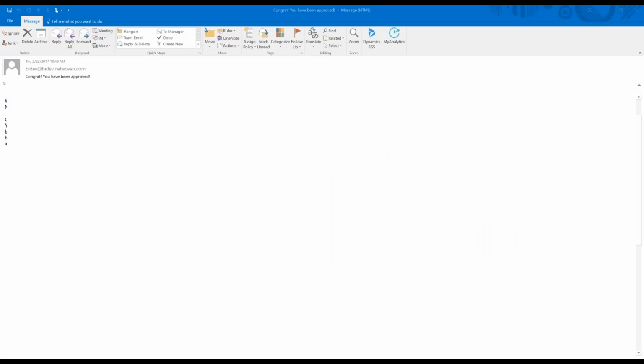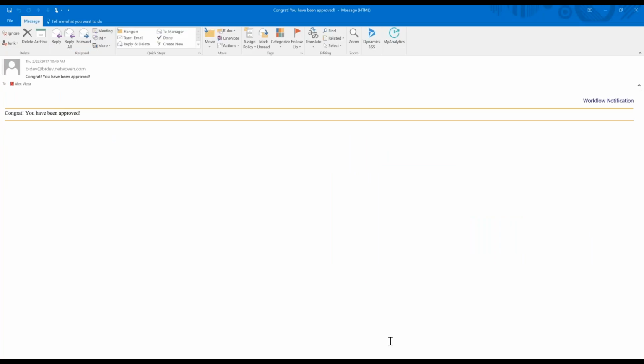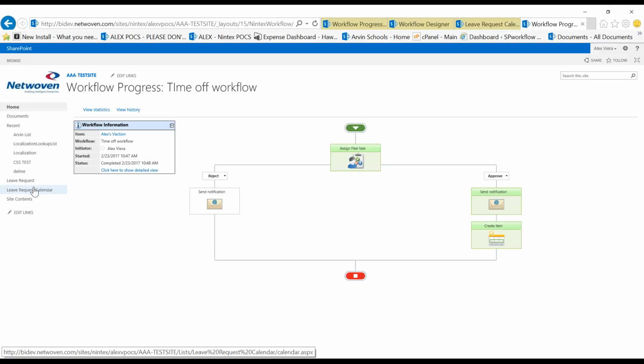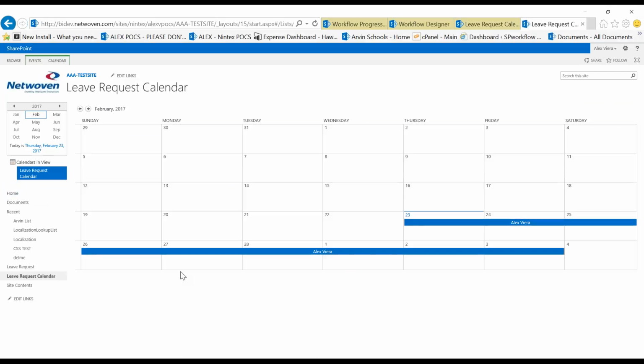So here's the email. Remember, I said in the subject, congrats. I meant to say congrats, you've been approved. So that was the email part of it. And then let's go ahead and take a look at the calendar request. Notice that we created the calendar request here where the title was my name, and then we actually put that in there. So this kind of gives you the full circle of what it took to build something like this,